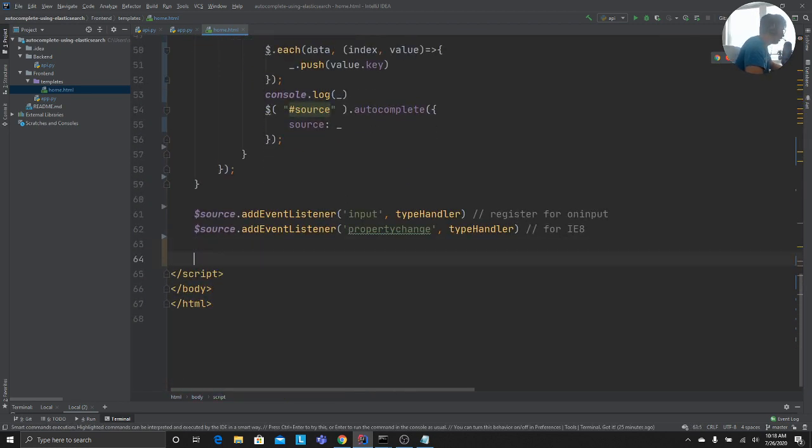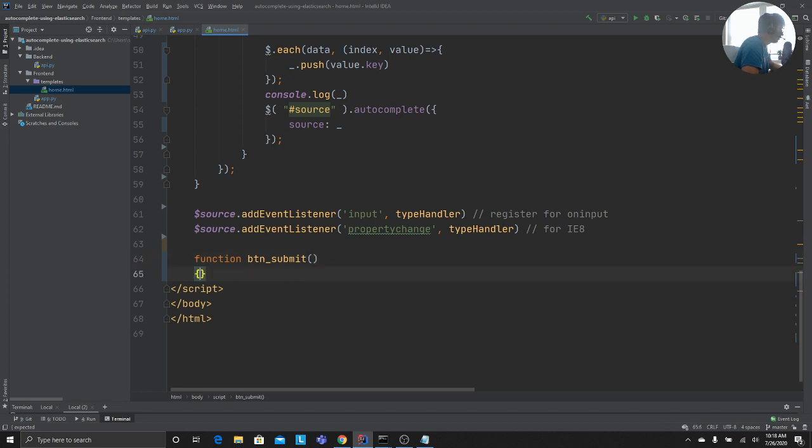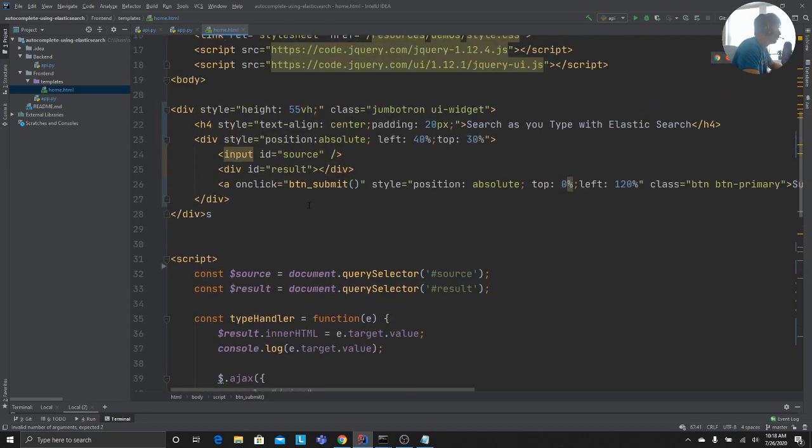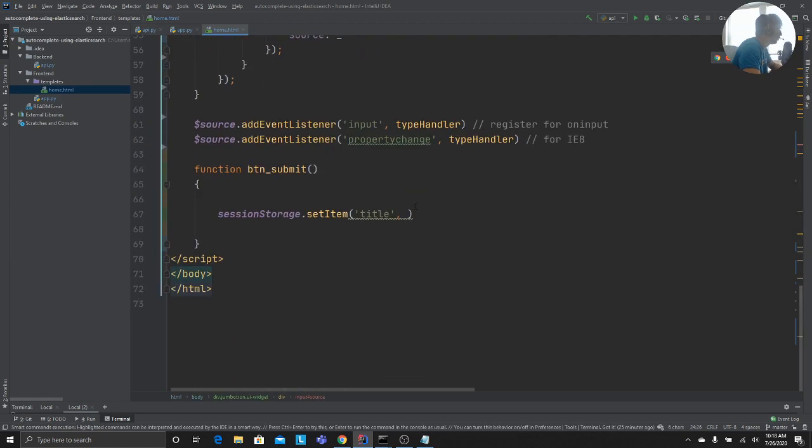So we'll say, hey, whenever anyone does that, what we can do is basically store that in the session storage, session dot set item, and we can say last time you selected this, and the value would be, from the source attribute, so I'm going to use dollar hash source. So this should work pretty much. I'm also going to print an alert just to make sure that it works fine. So I want to make sure this value.